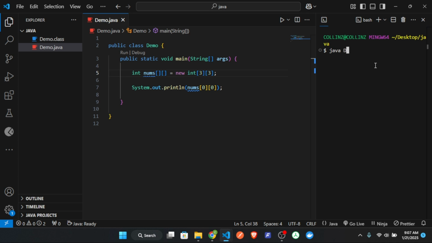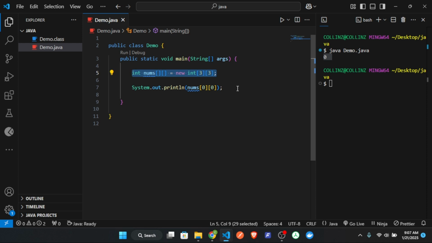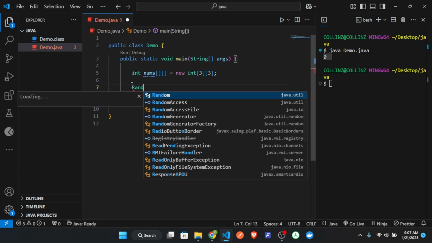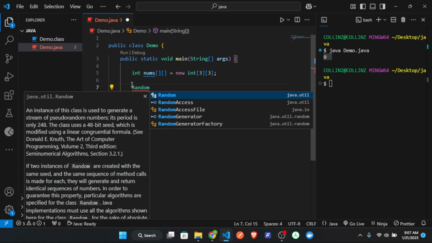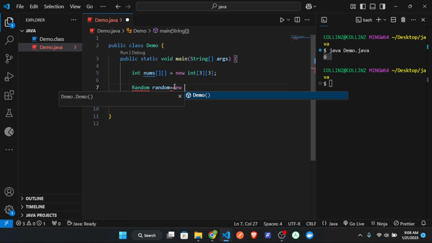You see, java, javac compile. You will see that at position 1 we are getting 0, meaning our array is being filled with zeros. So let me try to put some random numbers. I don't want to insert them one by one. Java gives us some utilities to use, and one of them is random. It can create a new instance, Math.random,